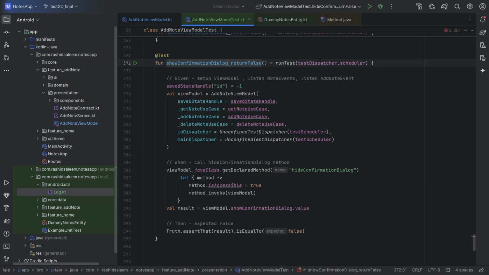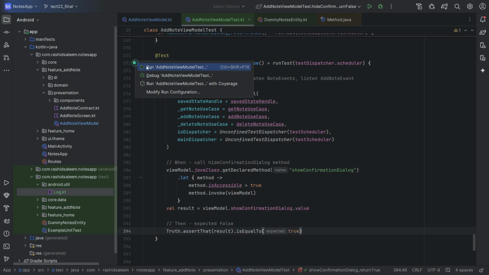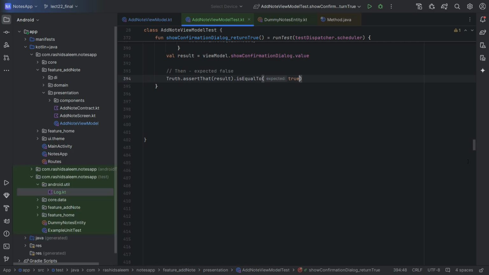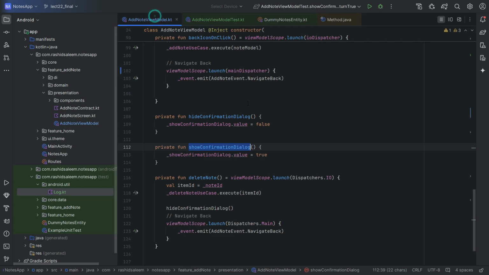Paste it in here, and in return we are expecting true. So let's run and verify. This test has also successfully passed, and the next method which we need to test